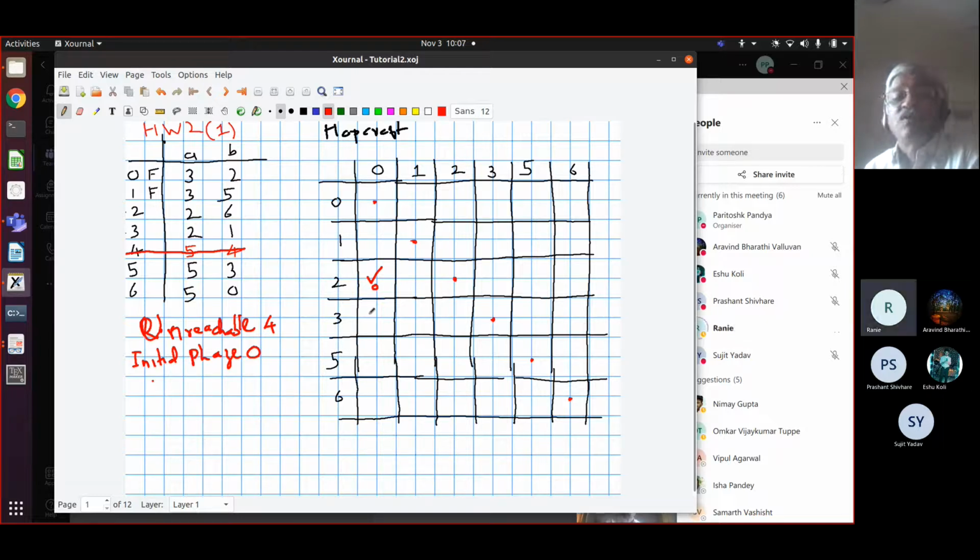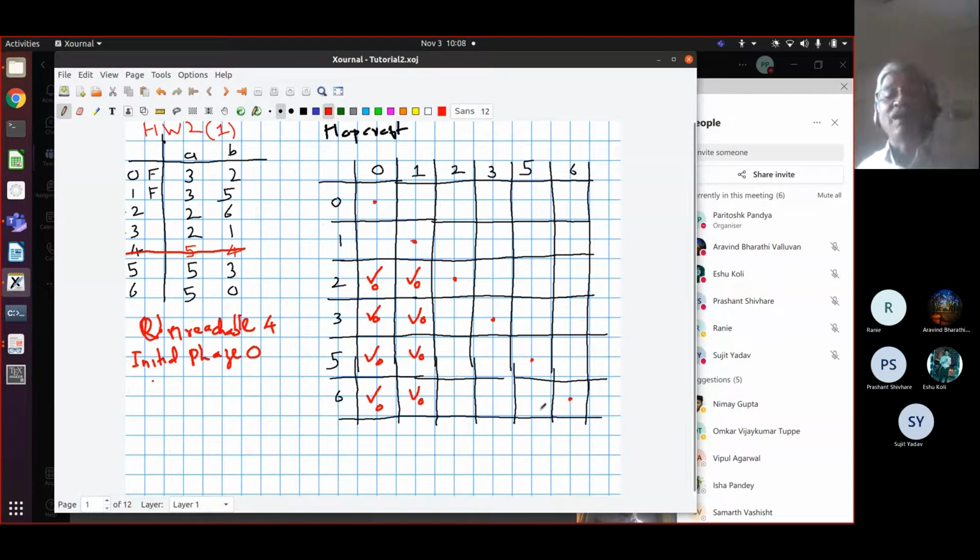Yes, sir. We have to tick that. So we tick that again in the initial phase because 0 is final, 3 is non-final. In fact, all of this will be ticked, because 2, 3, 4, 5, 6 all are non-final and 0 is final. And this remains unticked. Similarly, 1, 2, do we tick? Yes, sir. So 1 and again everything below because 1 is final and everything below is non-final. 2, 3 we don't tick because both are non-final. We don't tick in phase 0.